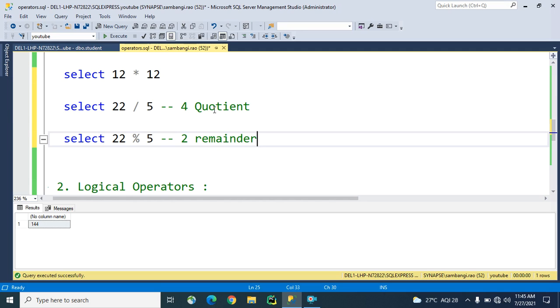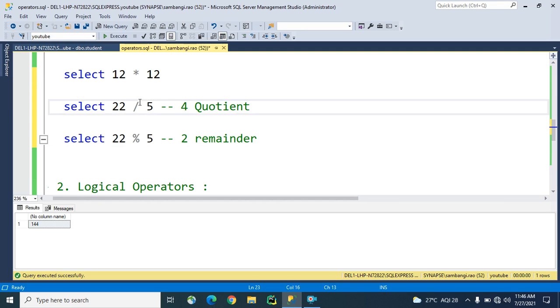See guys, 5 fours are 20, so the quotient here is 4. 5 fours are 20 and the remainder is 2 here. When you want the remainder, you can go with this operator. When you want the answer as a quotient value, then you can use the division operator.